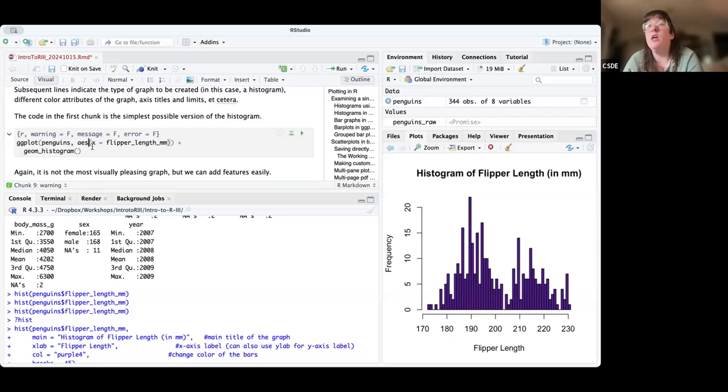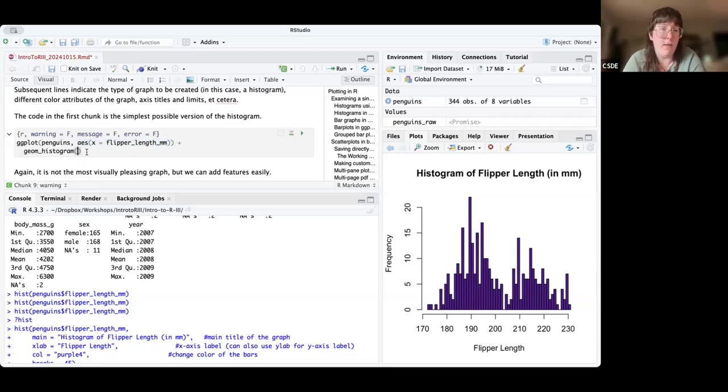Dashed or solid, you can specify that inside these aesthetic functions. You can specify this in the ggplot function itself, and then you do not need to specify it inside of your geom layers. But there's times when you may want to do one or the other. You could also have left this out here and put it inside the geom histogram, and we would get the